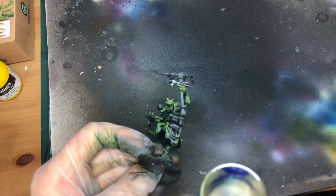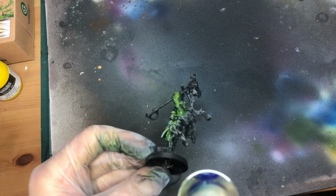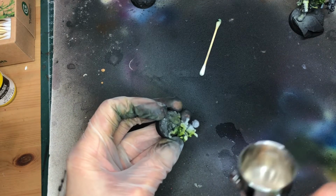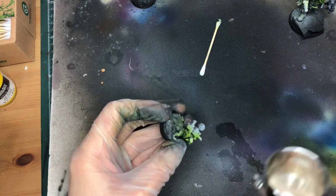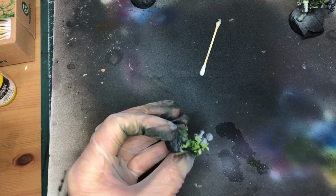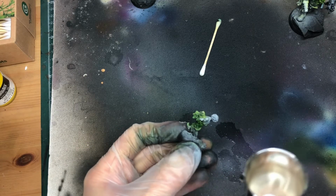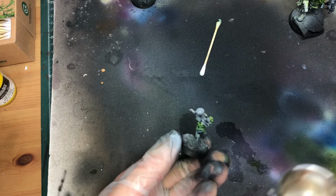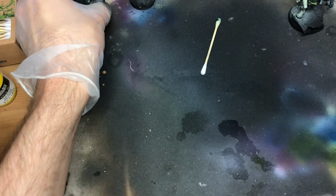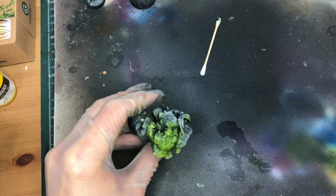Alright, almost there, just one last stage, and I would actually say that this stage is vital, even though it might not look it. That is to go over all of the skin again with an ultra matte varnish. Inks tend to have a satin or glossy finish to them, and we've just spent all that time making these lovely volumes, shaded, rich and beautiful looking. If you leave it with a satin finish, that's all going to be blown out by the shiny reflection of real world lights. So I would definitely advise you to try a little bit of matte varnish over your skins